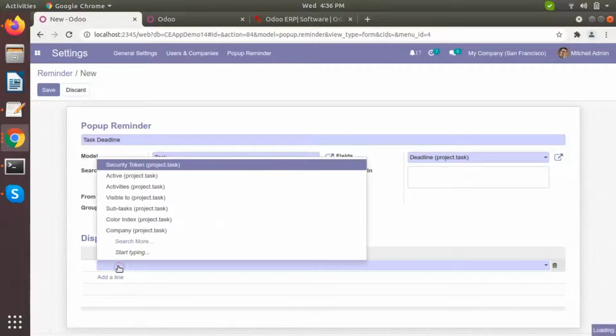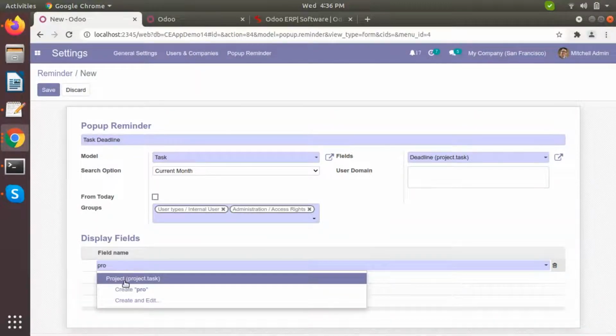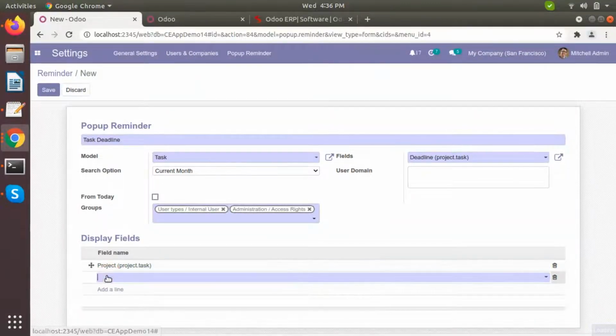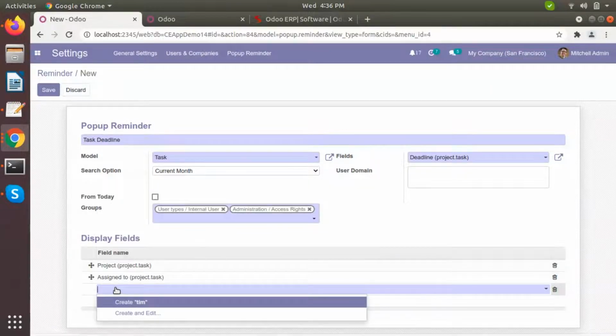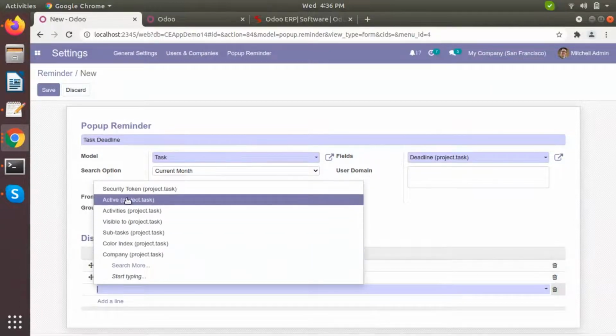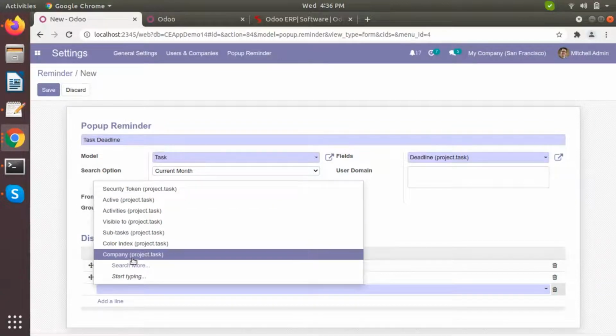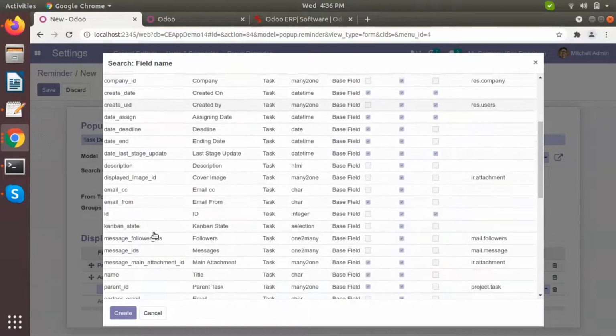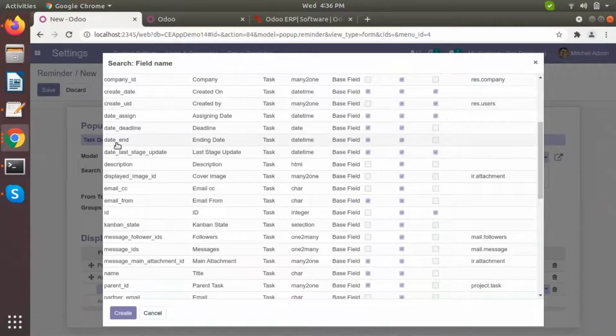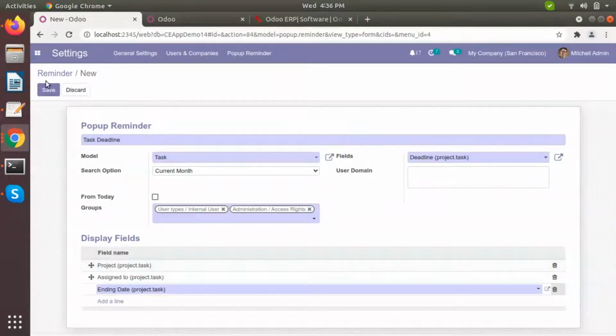So what we can do is give, let's say, the project name, who has been assigned that project, if there are any subtasks, or let's say the company, or what the date is, and that can be directly shown here.